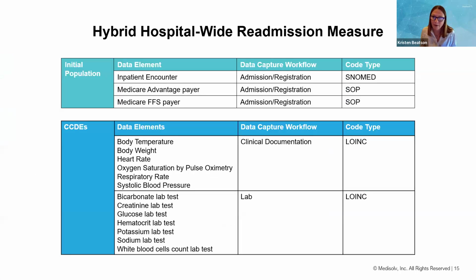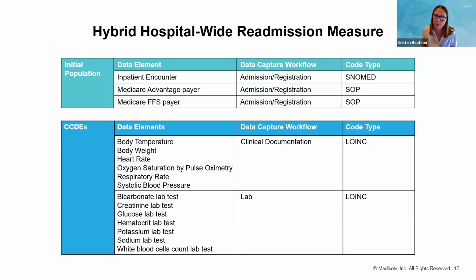So as you capture, or think about capturing, this data, think about how you're capturing it currently, and I'm going to assume you're all capturing this data already. The first piece is making sure you're getting all of the data for the initial population for the measure. Your inpatient encounters are already mapped for your standard eCQMs to SNOMED codes, so that data should be populating and already being evaluated for this measure. And then you have your Medicare FFS, making sure you have all of the source of payment codes mapped to capture those Medicare FFS patients correctly.